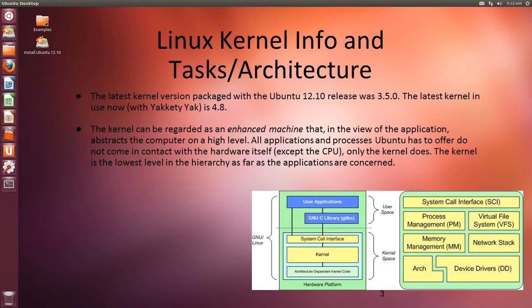The kernel can be regarded as an enhanced machine that, in the view of the application, abstracts the computer on a high level. All applications and processes Ubuntu has to offer do not come in contact with the hardware itself, except the CPU. Only the kernel does. The kernel is the lowest level in the hierarchy as far as the applications are concerned. The CPU is the exception because obviously the programs have to access it, but the full range of instructions are